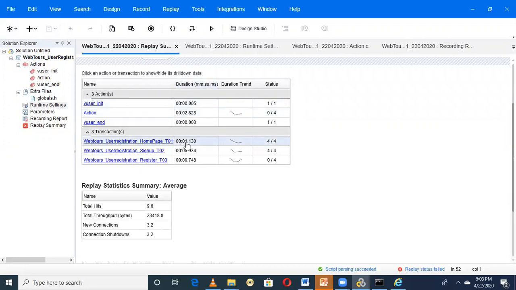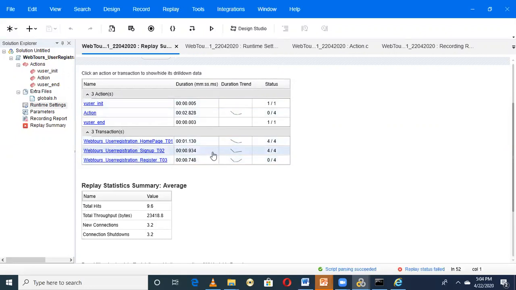Here it is 1 second, 1.3 milliseconds. For transaction 2, the sign up process, it took only 934 milliseconds, and the register process took only 748 milliseconds.